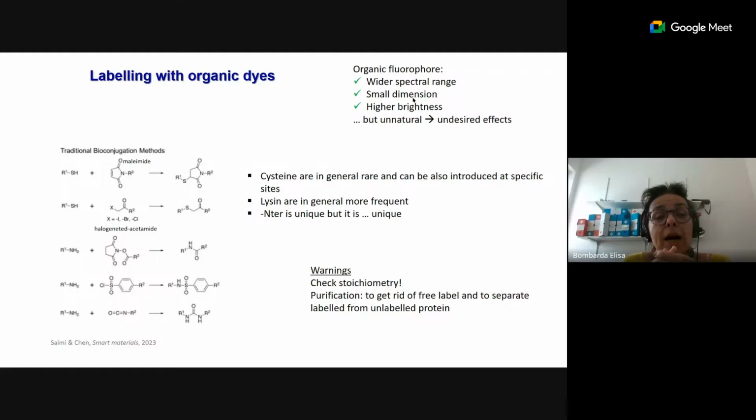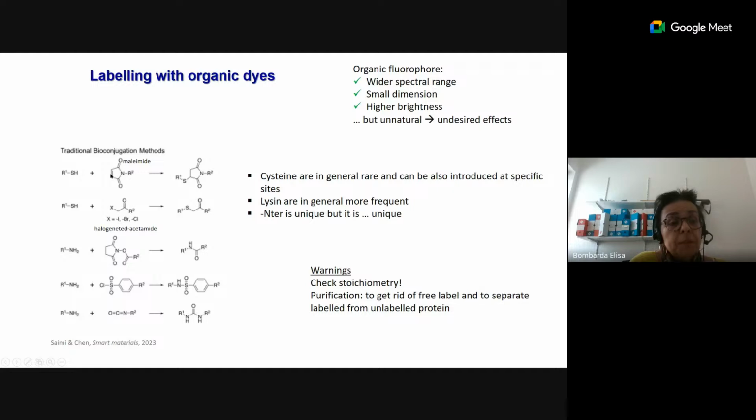So how can the protein be labeled with the organic dyes? There are different methods. These are the traditional bioconjugation methods. In particular, the dye can be synthesized with the maleimide group. That's something that can be done in the chemistry lab, or they are even sold already linked with the maleimide group, and the maleimide group